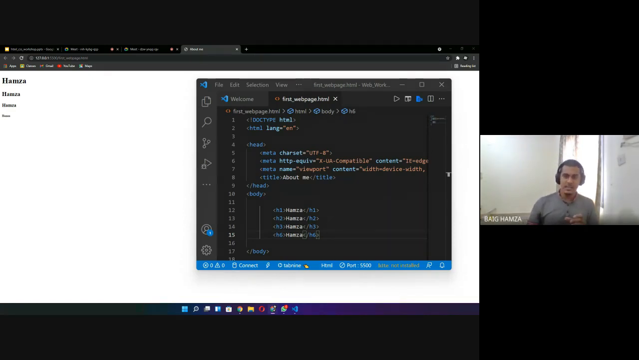Well, the strong tag is basically used to highlight text with strong importance. In short, it's just the bold that you use in Microsoft Word, right? You just press Control B and it makes it bold. So that's it. Like for example, let us say, let's just